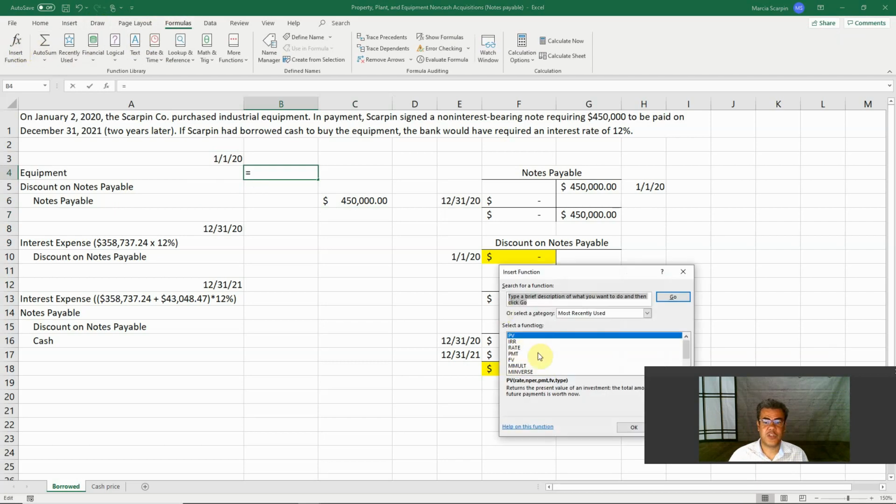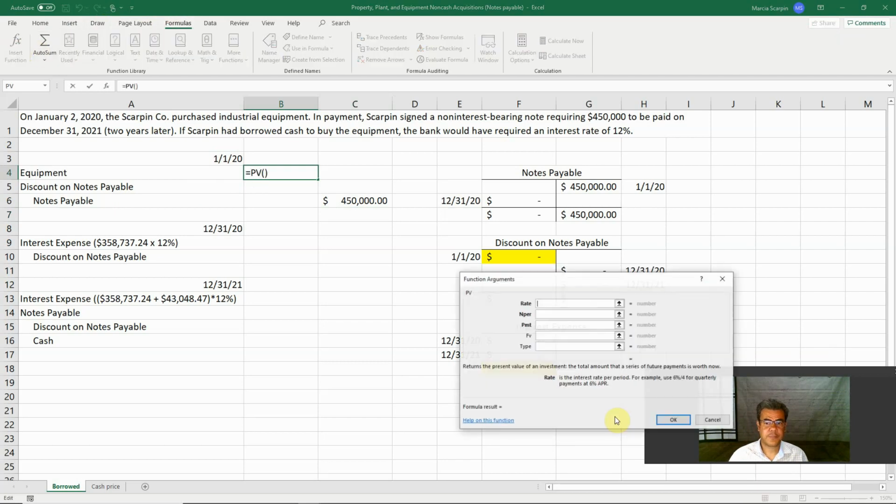Okay? So how do we do that? Formulas, insert function here, present value. Rates. So if Scarpin had borrowed cash to buy the equipment, the bank would have required an interest rate of 12%. We have two ways to do that. The first one is this one. How much would be my interest rate if I go to the bank and borrow some money to buy it? Or how much is the cash price of this equipment? That is our